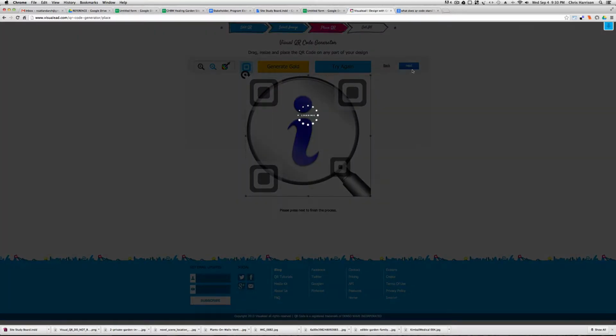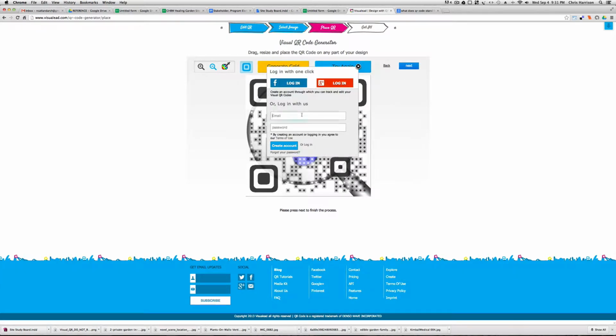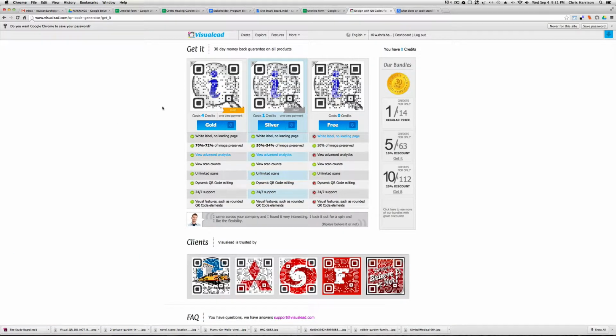Generate silver. Sorry. Let's just do that. There. So now your QR code is generated. So we're going to go next. It's going to ask me to log in again, so let me log in. Okay, so once you've logged in,